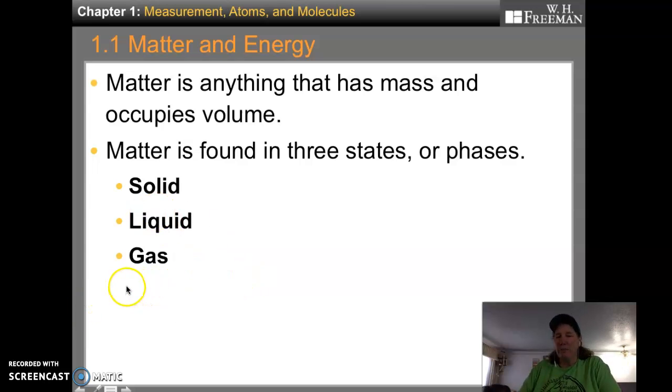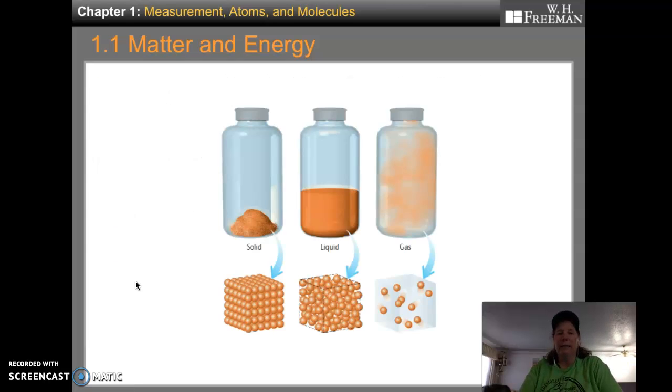The other phase is called plasma, and plasma is gas with high energy particles. It's not like the plasma they give you when you're sick in the hospital. To give you an idea, the sun is a big ball of plasma. Plasma is the most common phase in the universe, but not common on our planet.